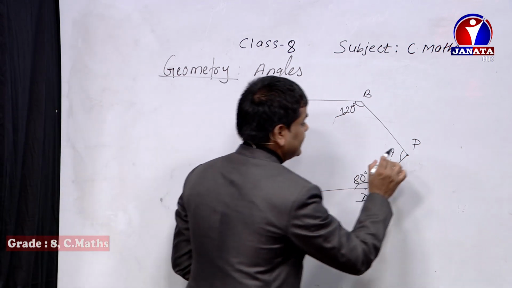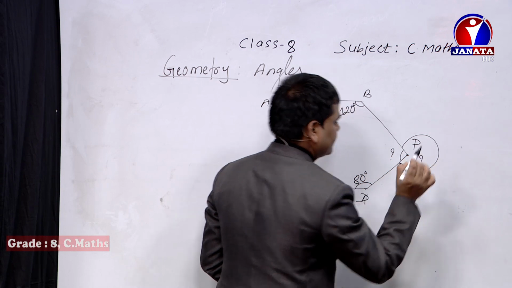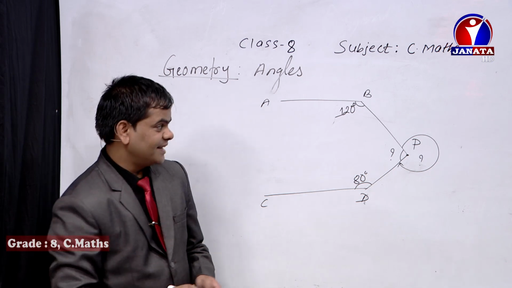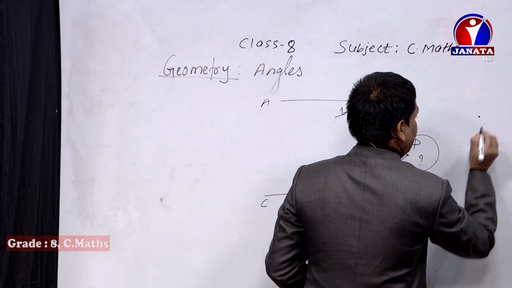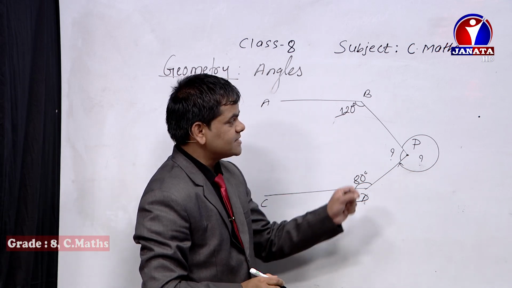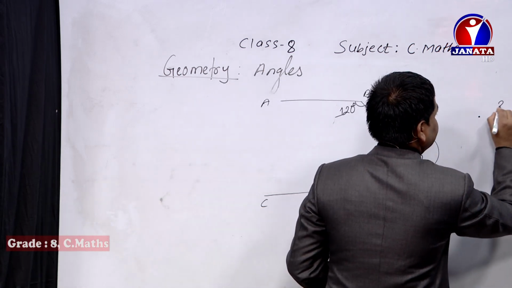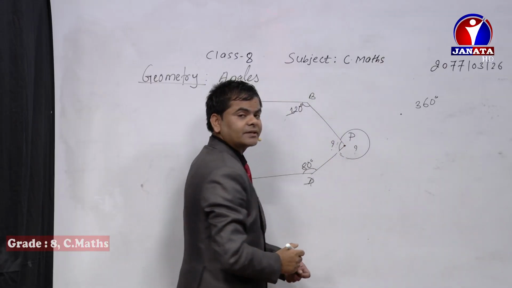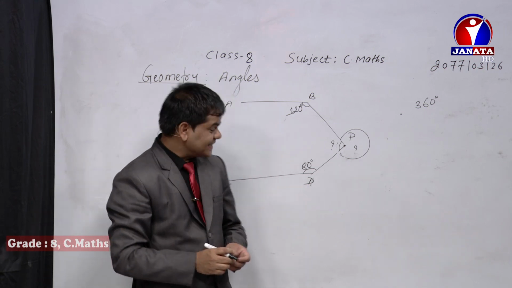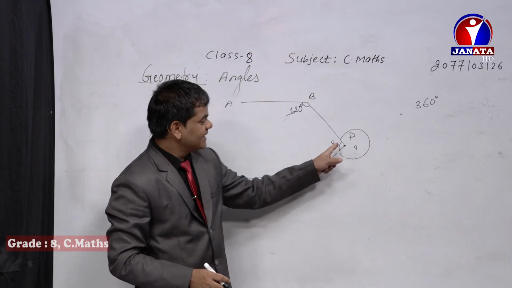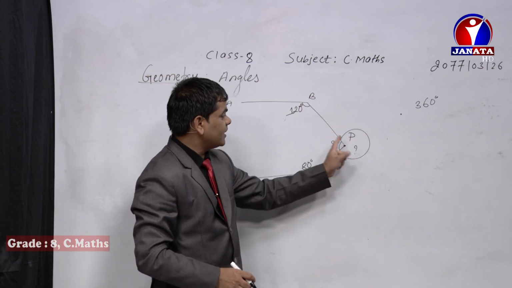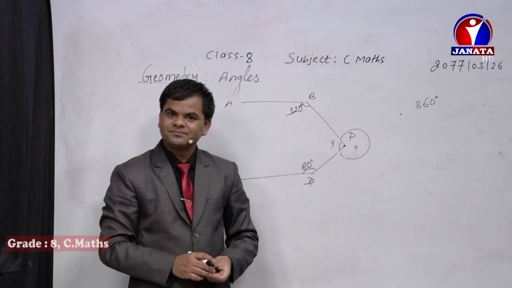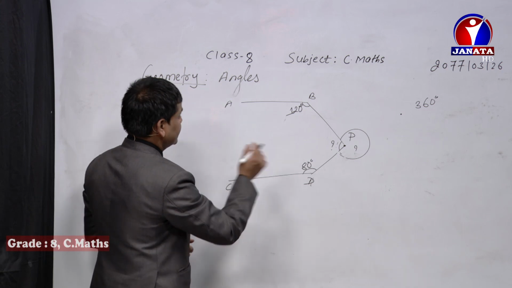Sometimes you might be asked to find this side as well, dear student. Angles at a point is always 360 degree. That means in a point, there will be 360 degree. So as it is a point, this side plus this side combined together must be 360 degrees. So if you are able to find out this side, then obviously 360 degree minus this angle gives you the angle on this side, isn't it? So let's do this question.